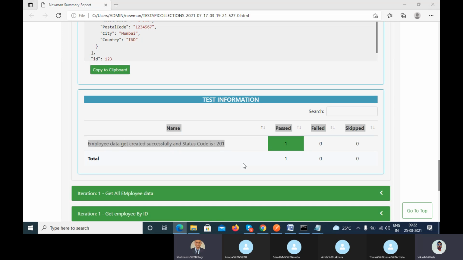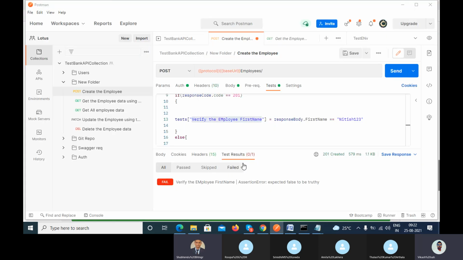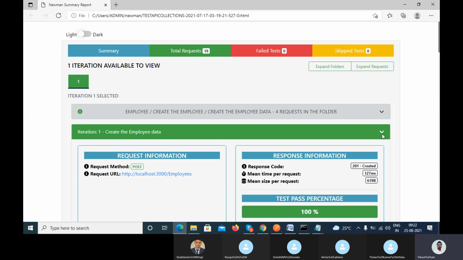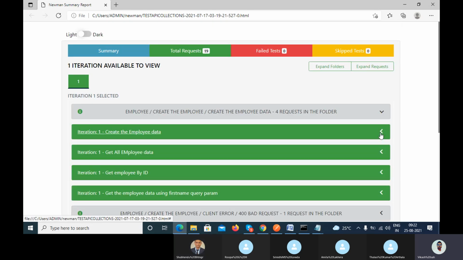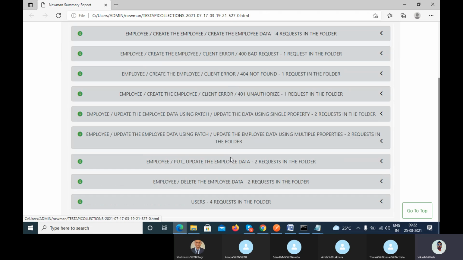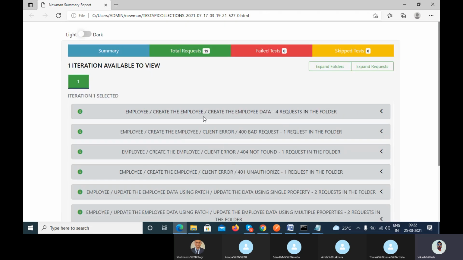Okay, so this is a very good report. This is a very detailed report, guys. Even I have not seen this type of very detailed report. The Newman report, very detailed report, guys. In my company, when I found this report and demonstrated it to the client, he was very happy with that. Because this report contains each and everything, guys: the total requests, the failed, the skipped ones,